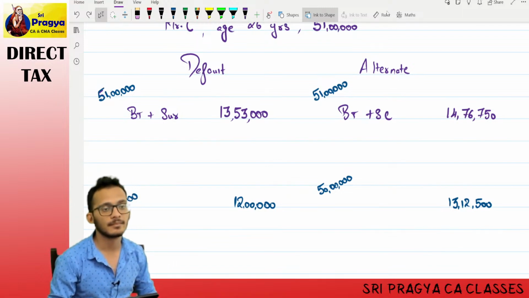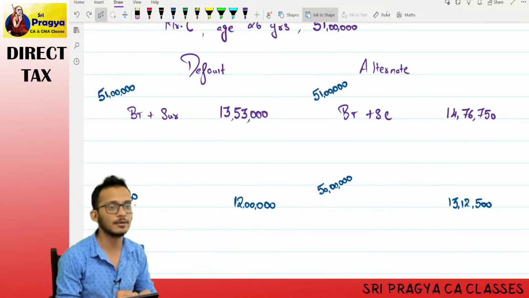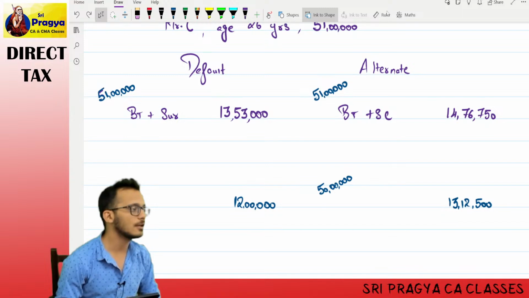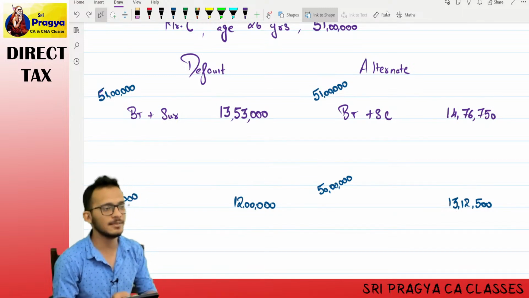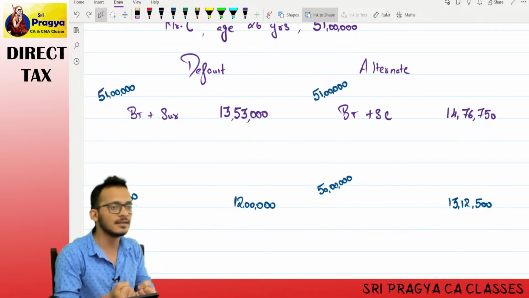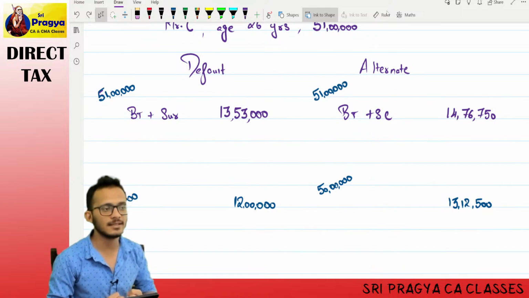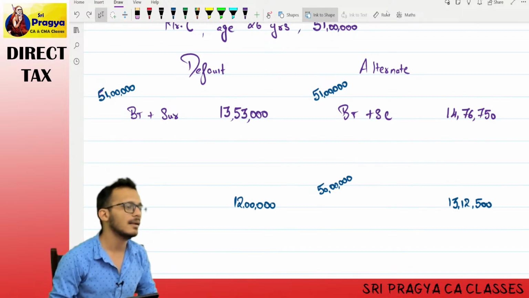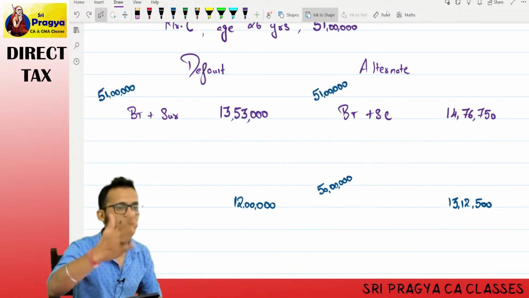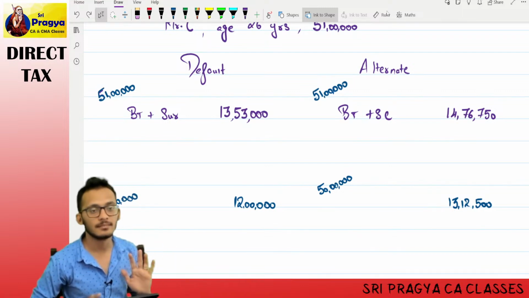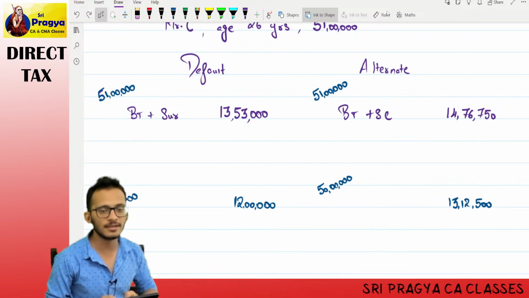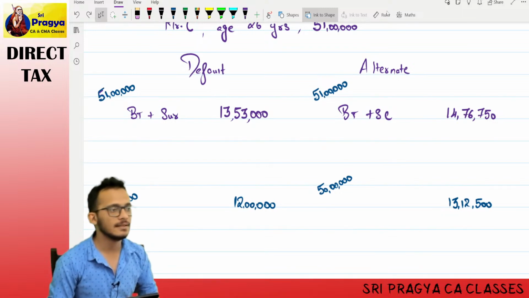Correct, not correct? Logically, any person will come and say, sir, I would have rather not earned this extra 1 lakh itself. I would have saved 53,000 rupees. Let's do one thing. You keep the 1 lakh rupees, I don't want that 53. Good negotiation. Yes or no? Yes.